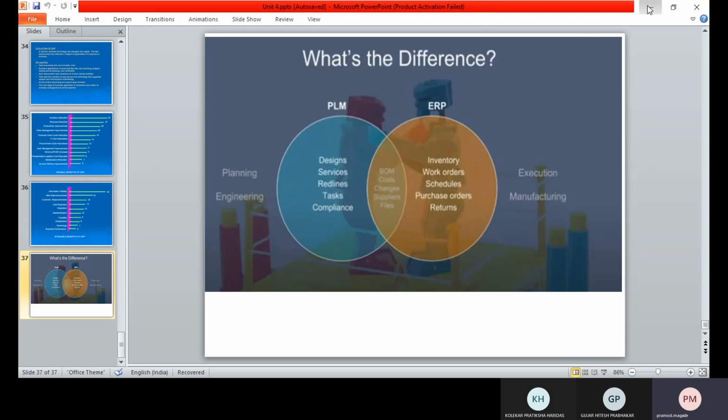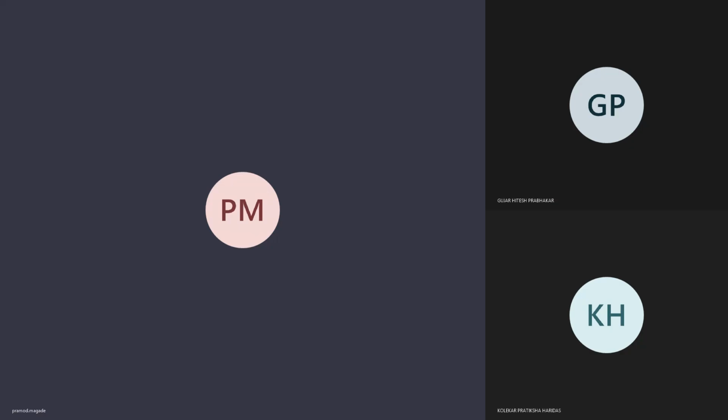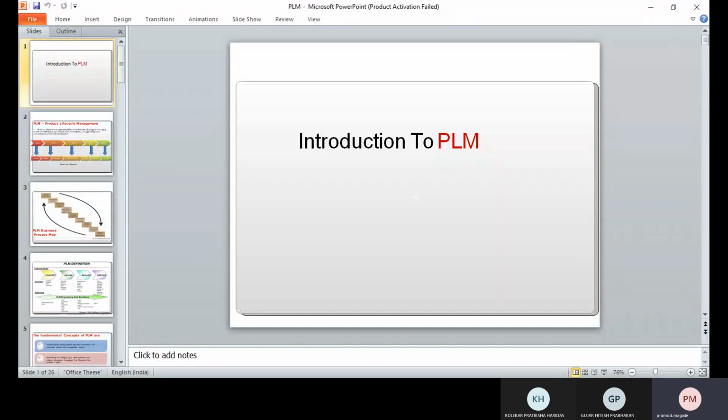Okay, now it's okay. Just let me know whether screen is visible or not. Just sec. So this is about the PLM. Is it visible? Yes, sir. Okay. Now see here, in case of the product life management, we are going to see how it